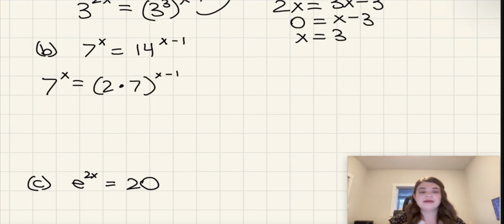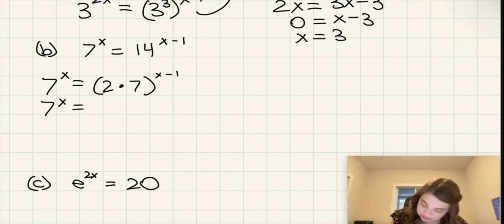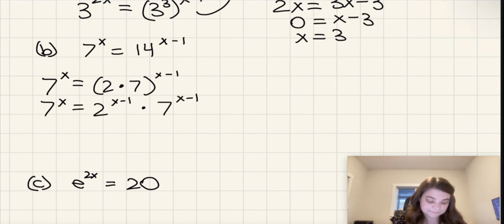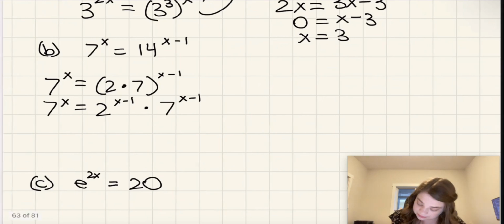Then recall that whenever we have a product to a certain exponent, we must take both parts of the product individually to that exponent. So therefore, this is the same thing as 2 to the power of x minus 1 times 7 to the power of x minus 1, like that. Then in this case, we need to divide both sides by 7 to the power of x minus 1. So if we do that,